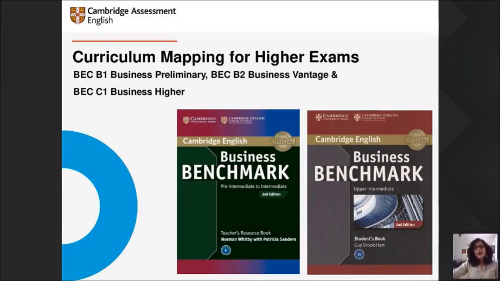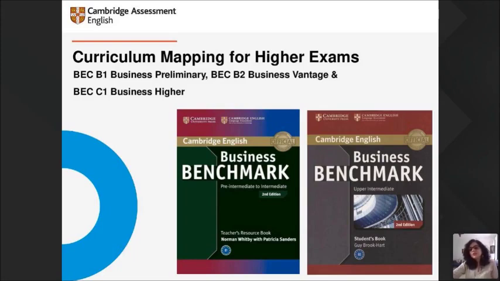Now, this Business Benchmark course book is a remarkable course book because it is designed exactly to cater to the sub skills and the task types that are tested in the Business English Certificates exam. So this could be an extremely valuable additional resource to your existing course book. If you are a college teacher or a university teacher and you are preparing your students for the Business English Certificates module, right? So you don't have to design tasks, you don't have to map them, you can just use